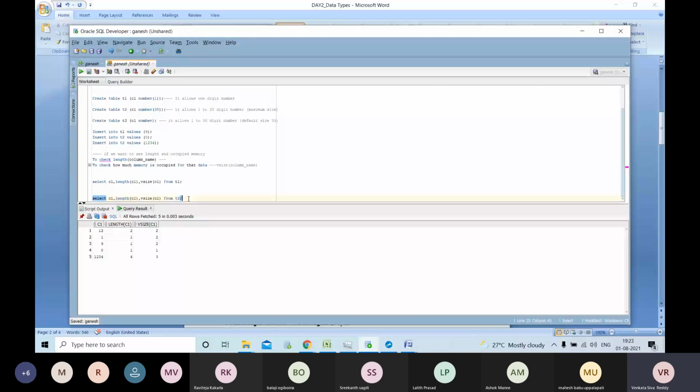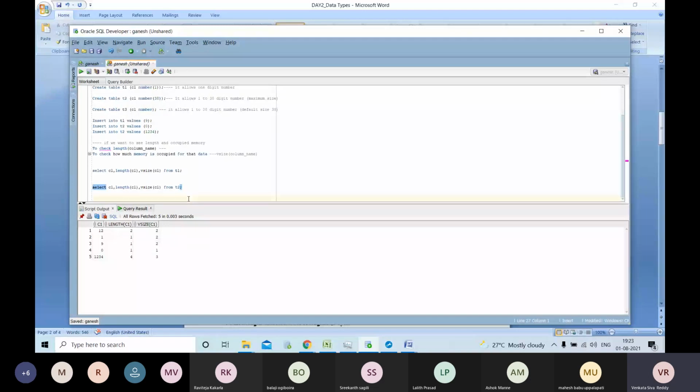So we created T1, T2, T3, all the tables, right? I'm going to insert the data in T3 as well. What did you create the tables with? One with the default size, one with a minimum size of 1, one with the maximum size, and one without size also.